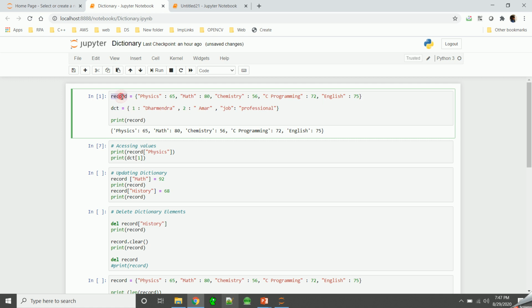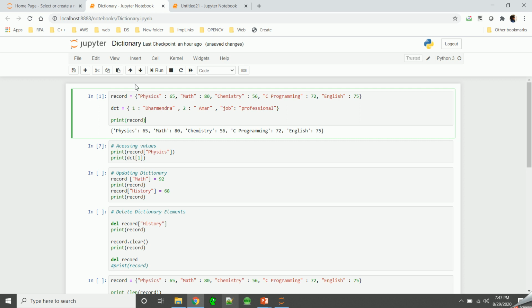So here we have the record dictionary, and the next dictionary we have is DCT, which has 1 as the key and value as Dharmendra. Similarly, we have 2 as the key and value as Amar, and then another key we have is job and value is professional. So you can have key as string or number.